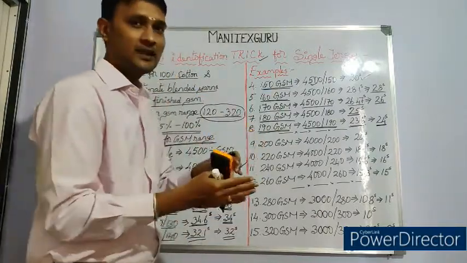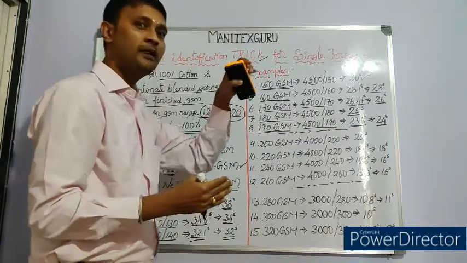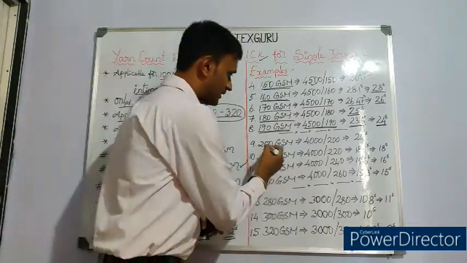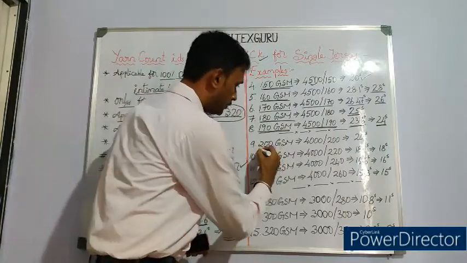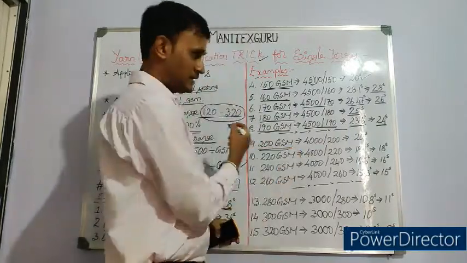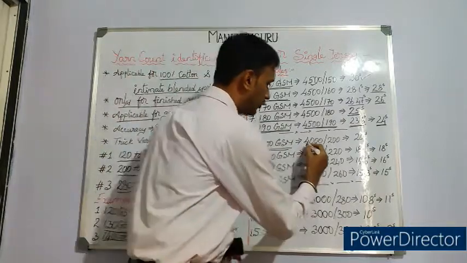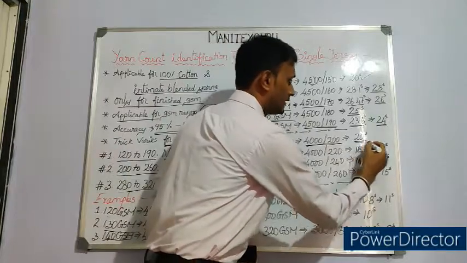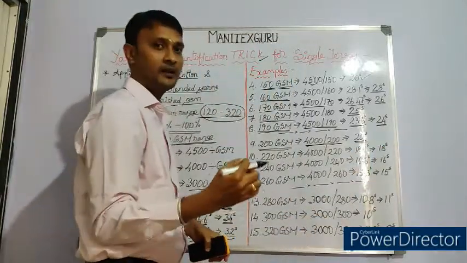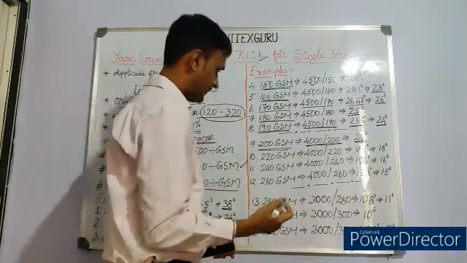Let's apply the second trick between medium weight to heavy weight. The first GSM considered under medium weight to heavy is 200 GSM. The trick which we have explained earlier is 4000 divided by the target GSM, we will get 20s. 20s is the ideal count to achieve 200 GSM finished.